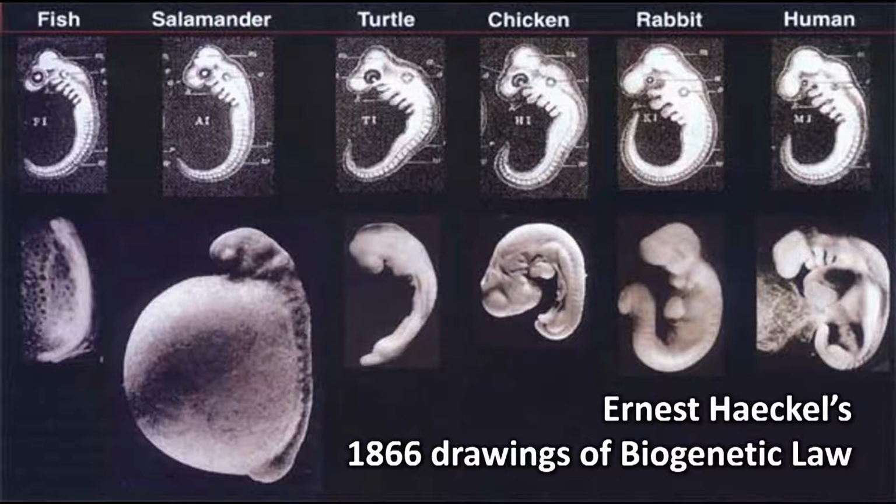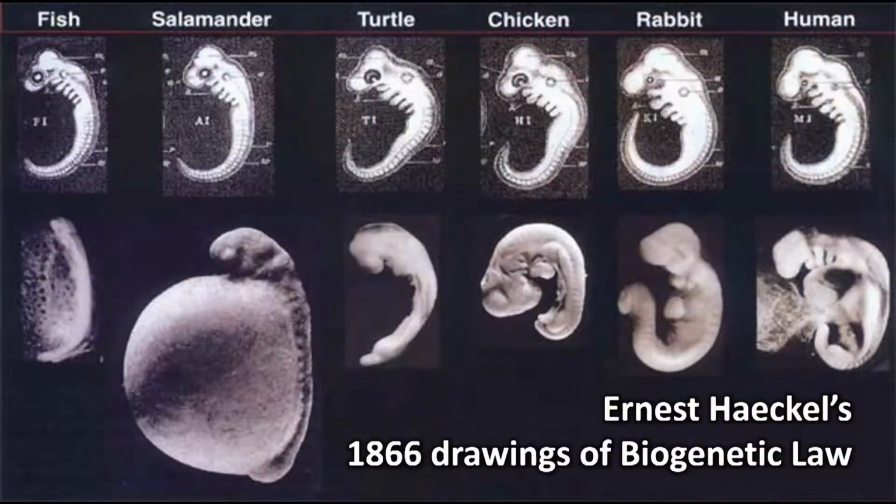I remember seeing this when I was in school, which wasn't all that long ago. This is Ernest Haeckel's pen and ink drawings, a series of pen and ink drawings, which he called the biogenetic law. And he came up with the idea that all life passes through this, since we're all evolved from the same thing, all life passes through the same phases in its beginning. So here you have